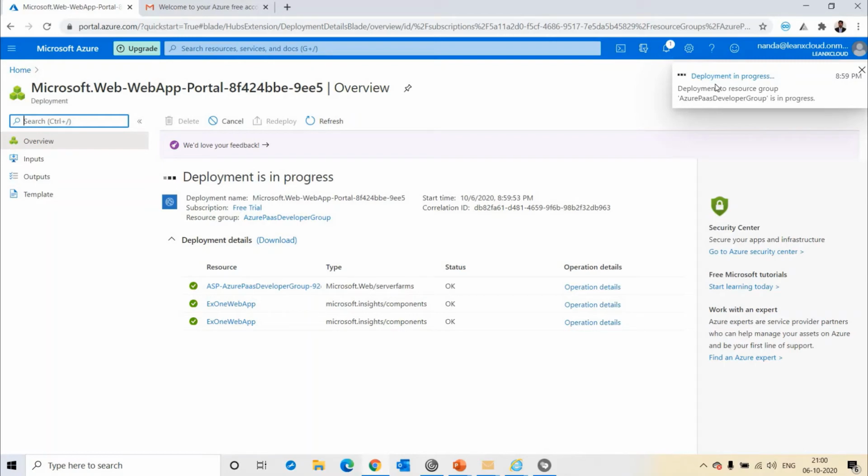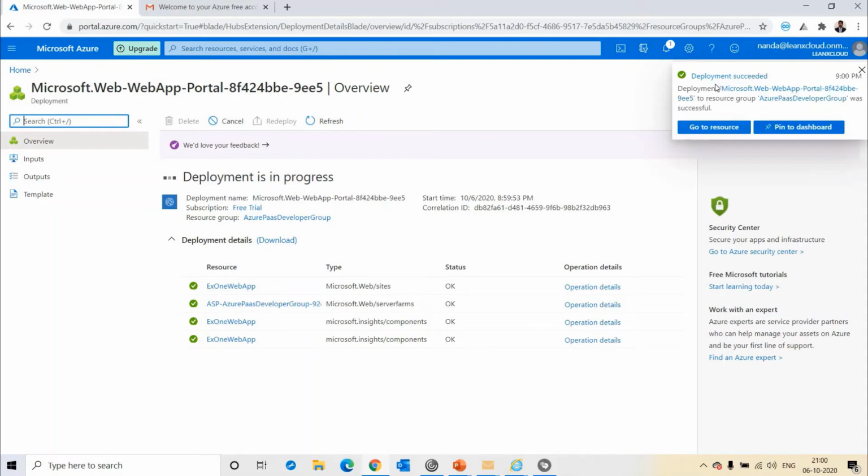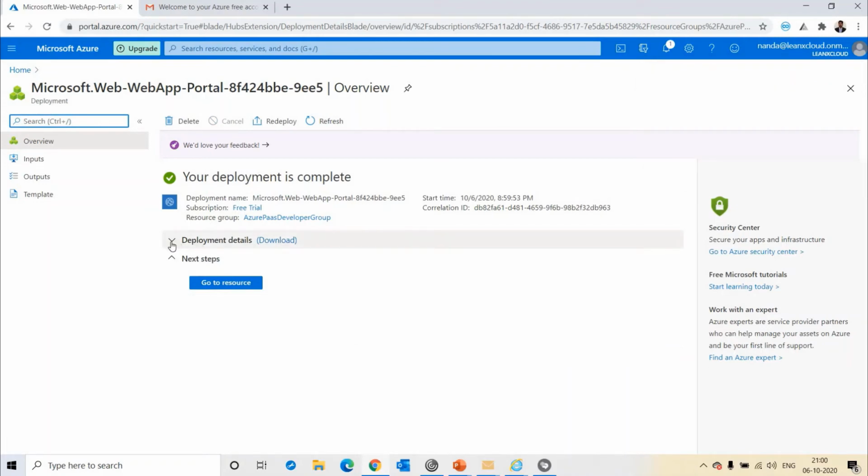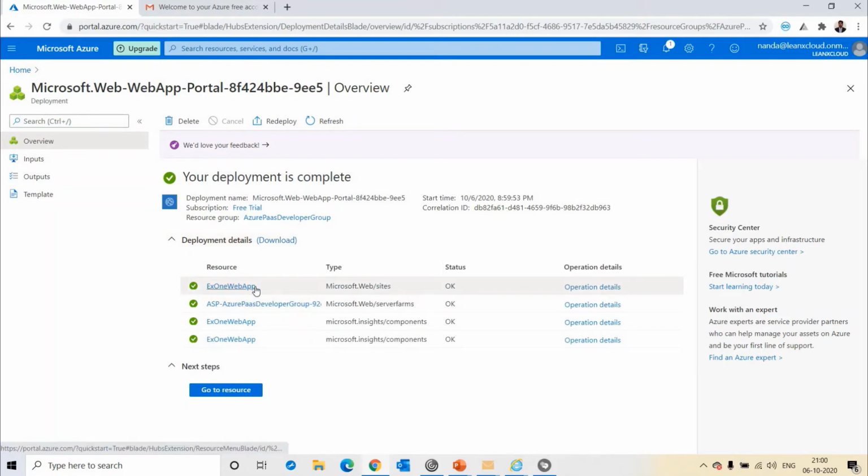So the deployment is in progress. Be patient for some time. It will get deployed, and then the respective resources get created within that. If you see here, this is the site we are going to deploy. These are the application insights where the logging is happening, and this is nothing but